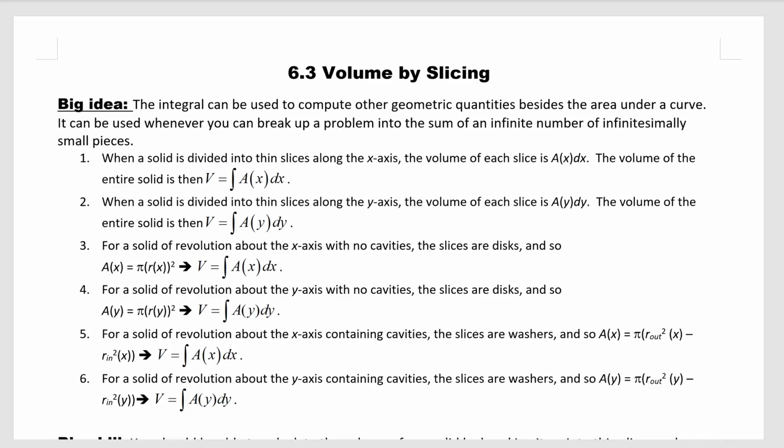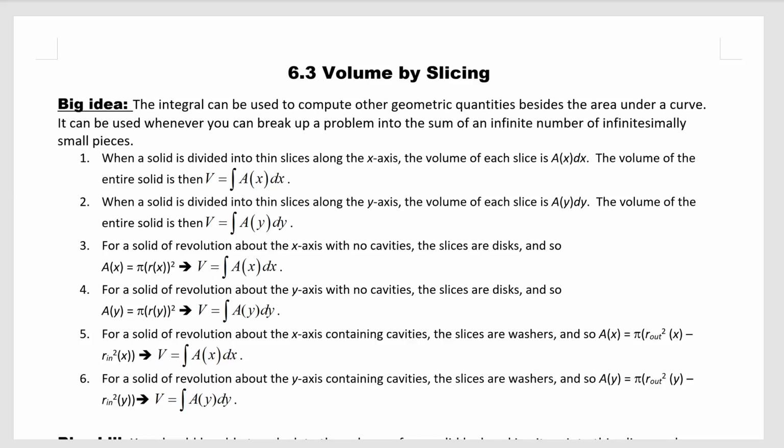Hi everyone. Today let's talk about session 6.3, volume by slicing. Big idea: the integral can be used to compute other geometric quantities besides the area under a curve. It can be used whenever you can break up a problem into a sum of an infinite number of infinitesimally small pieces. So when the solids can be divided into thin slices along the x-axis, then, well, we're gonna have the